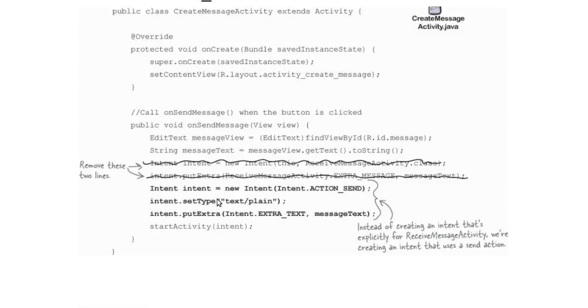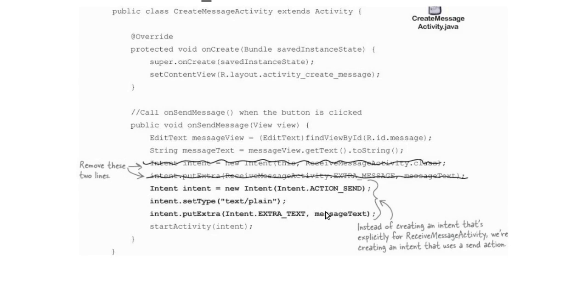So how can we write the implicit intent? We just define only the action. Here you can see Intent.ACTION_SEND. We are writing the action property Intent.ACTION_SEND for the create message activity. It means this activity has the capability to send a message.